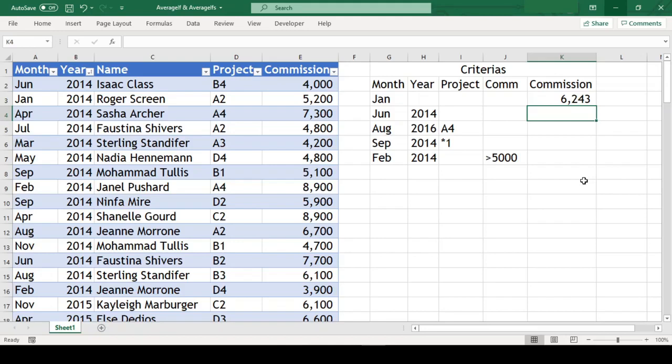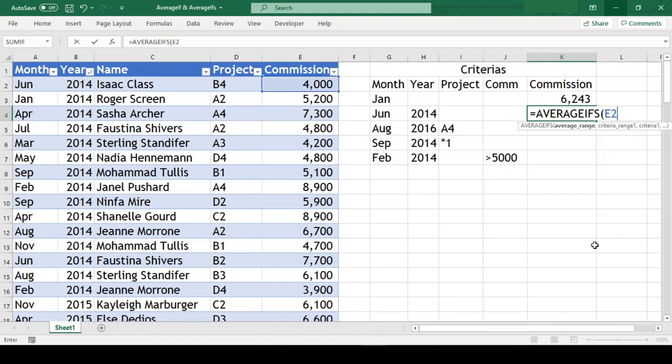Now let us move to another task. Our criteria here are we need to find the average of commission where month is June and year is 2014. Since we have multiple criteria here, we will use AVERAGEIFS. Our formula goes like =AVERAGEIFS( open parenthesis. We need to provide the average range here, unlike AVERAGEIF where we had to provide the criteria range first.